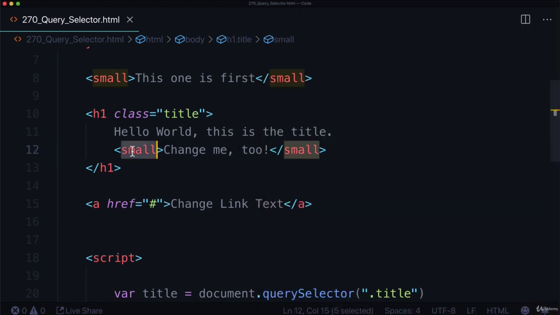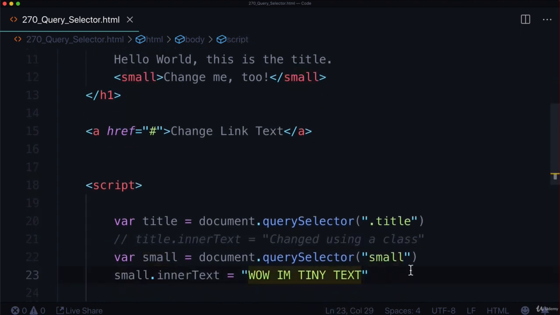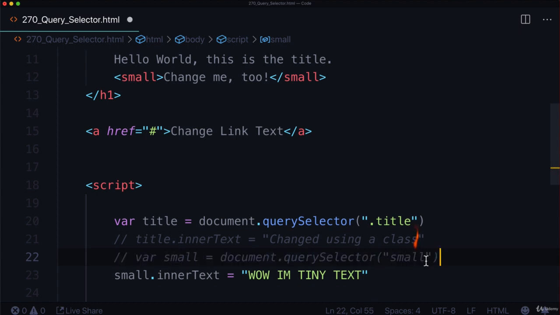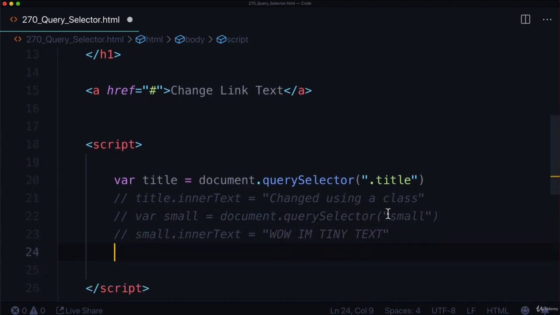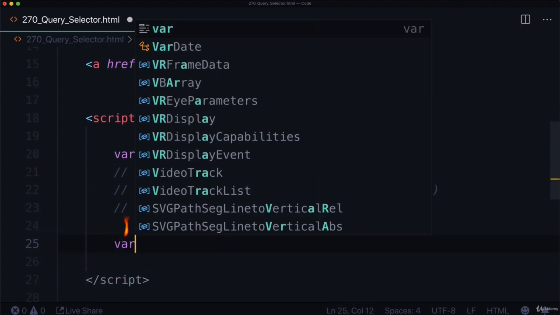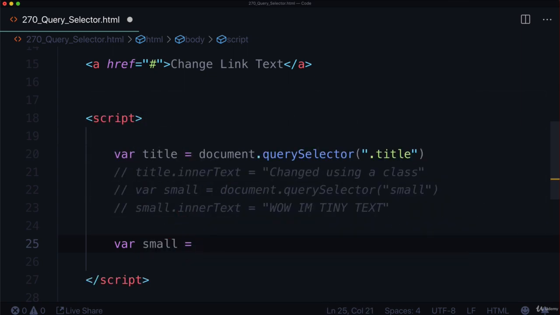What if we wanted to get this one? Well, currently we don't have a way to do that. We don't know how to get the second one. So let's go ahead and grab just the second one. So what we can do here is let's comment this out. And let's create another one in here, we'll also call it small. Var small is equal to, and then we can do